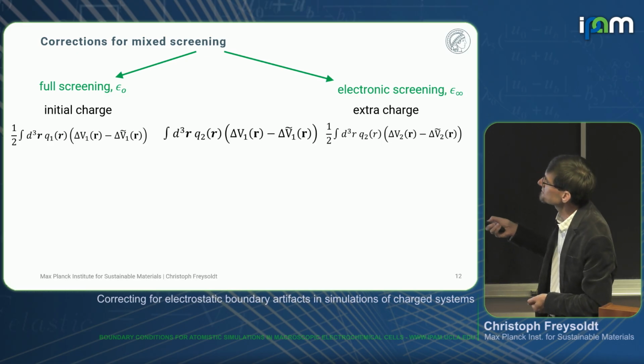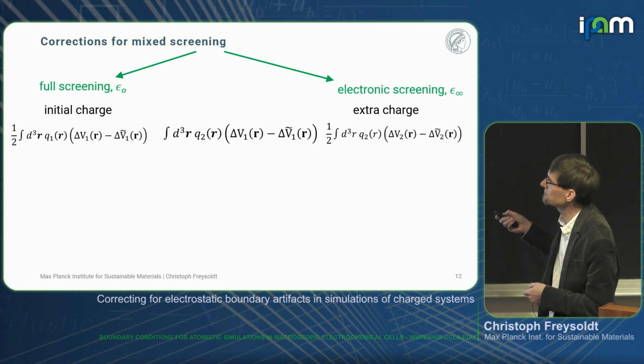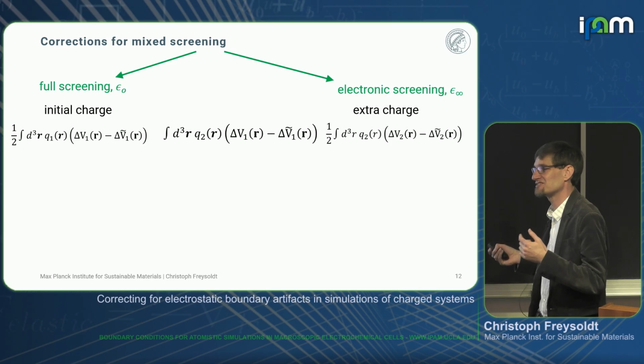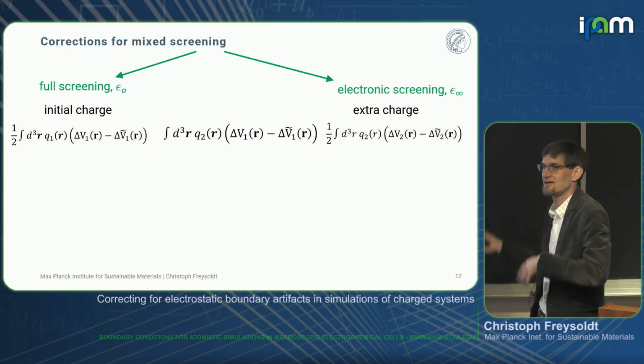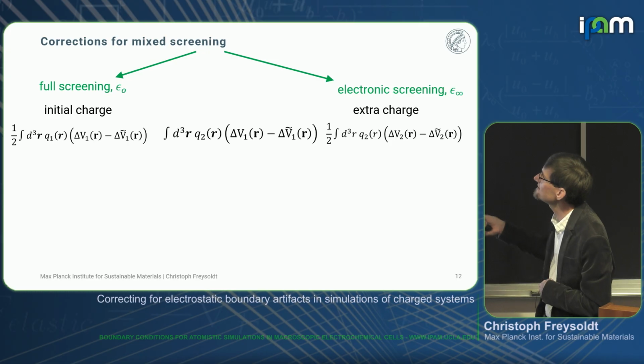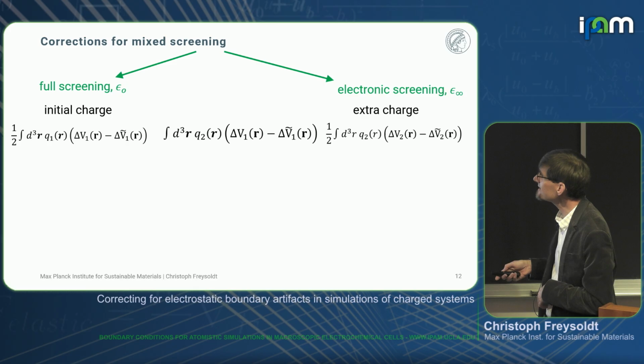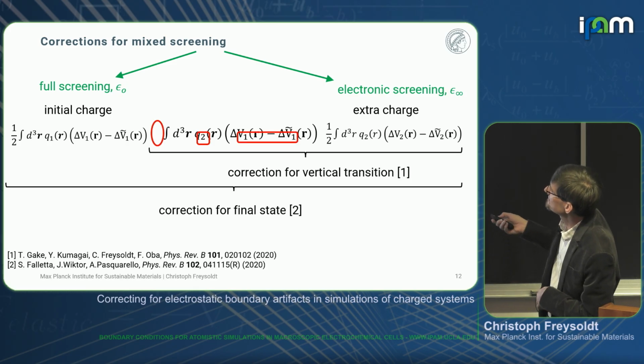But then there is also this very important coupling term, which says that this extra charge here sees the error in the potential due to periodic boundary conditions coming from the first charge. And this is basically mixing the extra charge and the initial charge. And this is why you can't get this by a clever combination of the original charge combinations. You really need to take into account that you have two different charges with two different screenings. If you put this together in this way, where you just take this part here and this part here, you get a correction for the